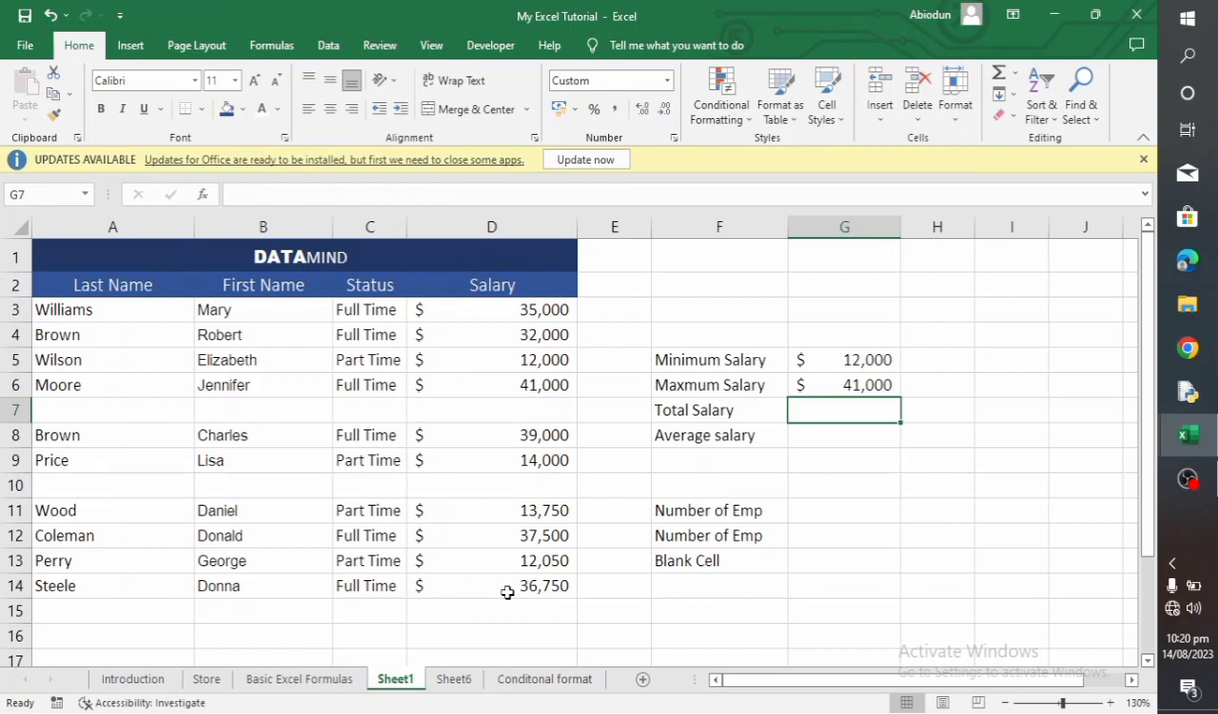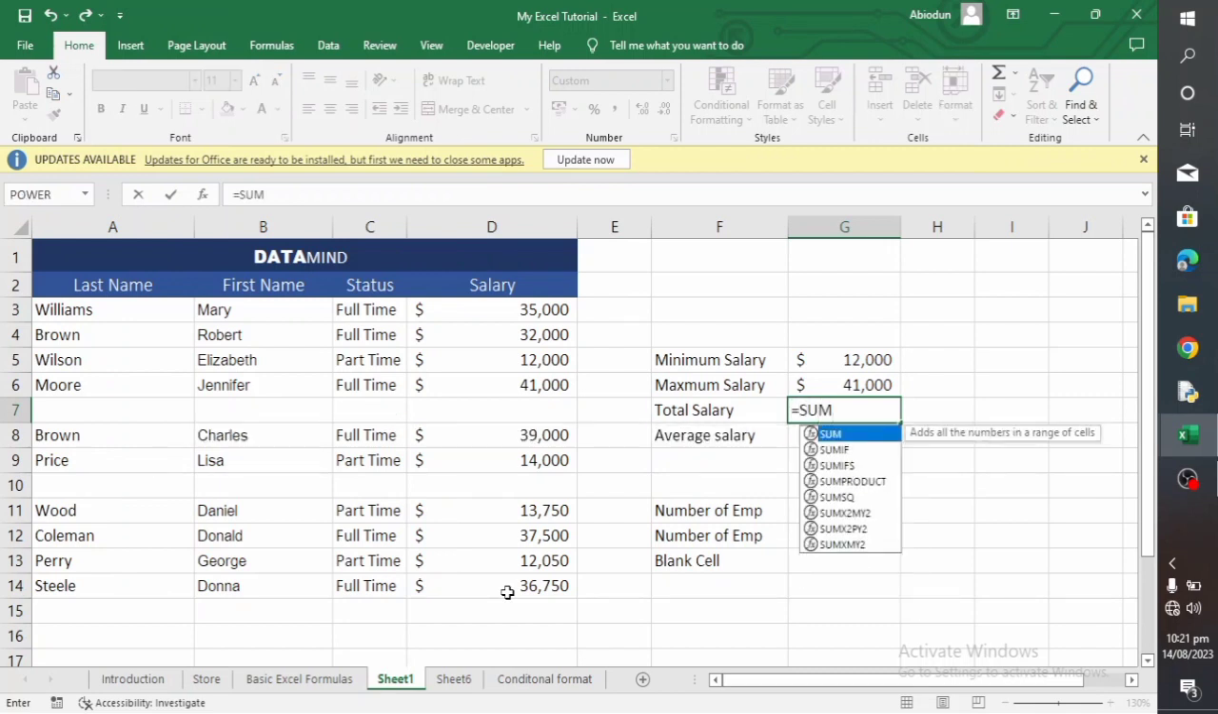Now we want to know how much the company is spending on salary. So we have to calculate the total salary paid to their employees. So we are going to be using the sum function in order to sum up all the salaries that are paid out. So let's use our sum. When you're working with Excel, the first thing whenever you want to use your formula is to put in your equal sign. So we have sum